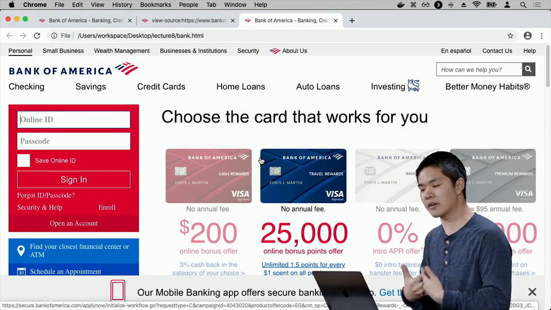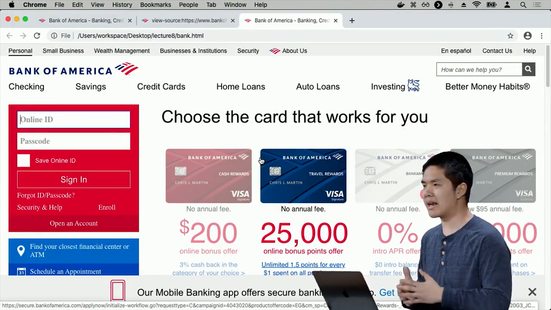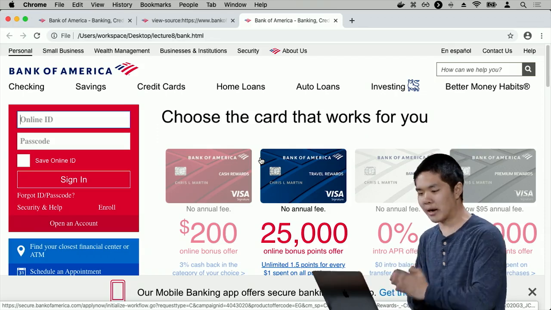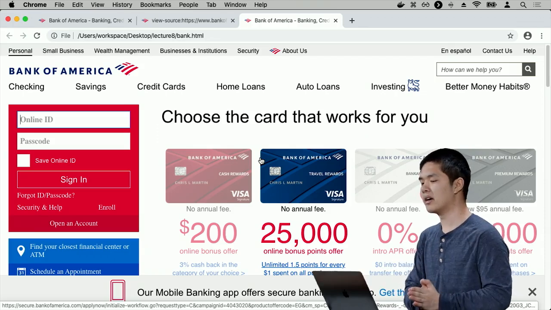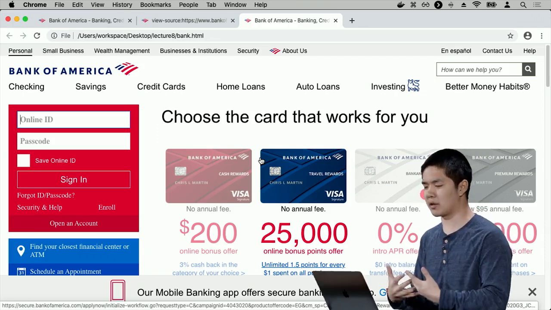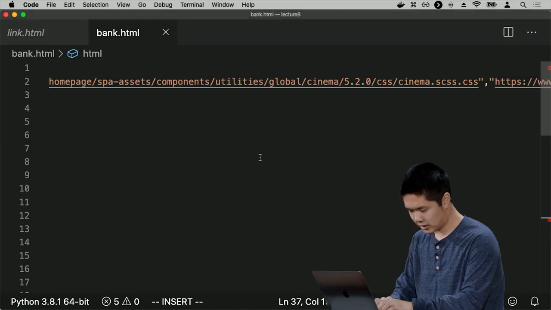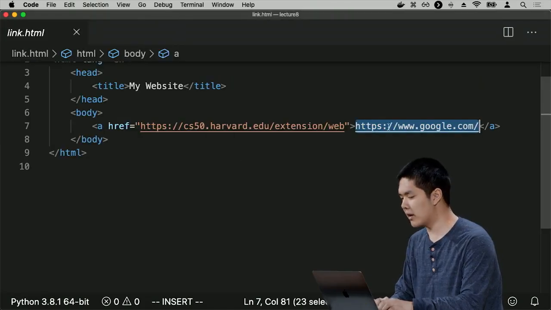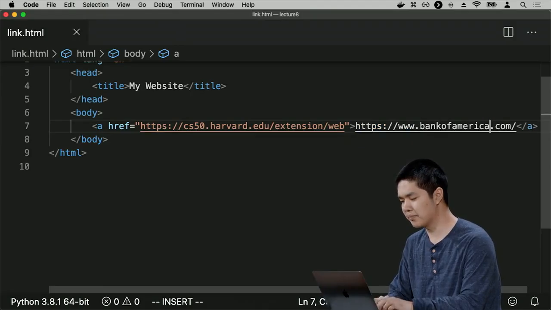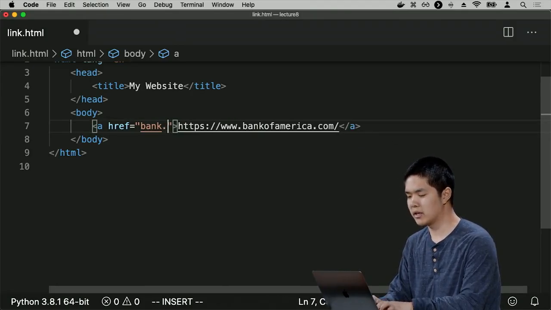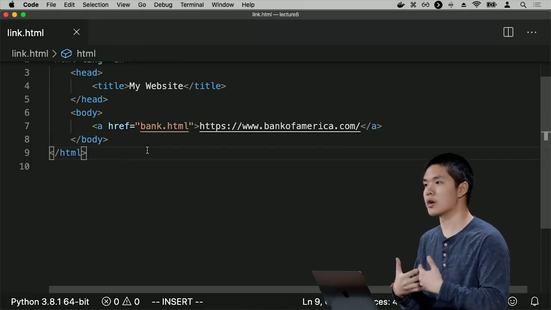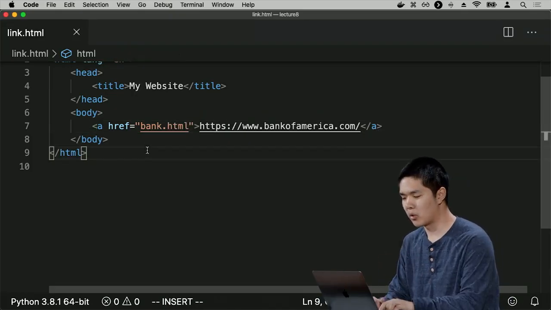It's using all of Bank of America's HTML, but instead it is my HTML page and not actually Bank of America. And so you might imagine combining these to create an even more concerning attack vector, where instead of linking to google.com, let me try and link to bankofamerica.com. But where I'm actually going to link to is bank.html, my version of Bank of America's website, where now,